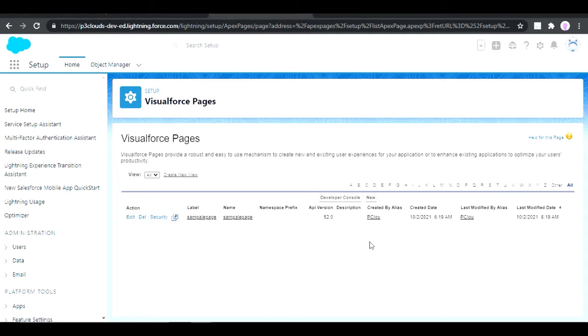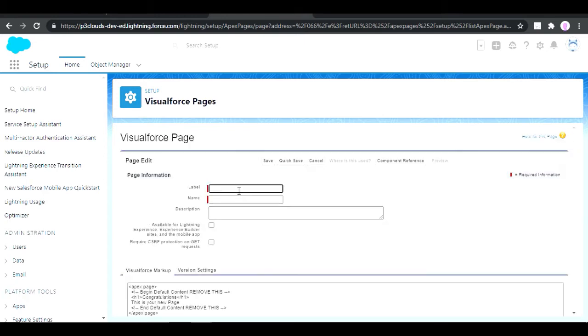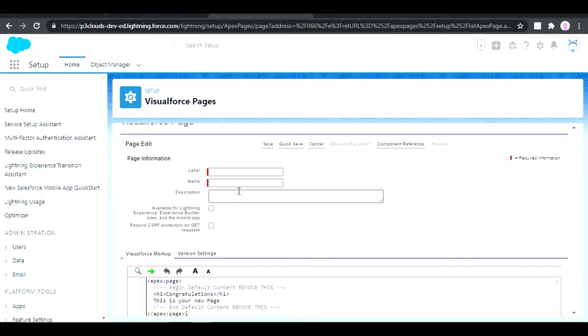To create a Visualforce page, you can navigate to setup, and in setup you can go to Visualforce pages, and here I'll create new. Okay, so in new I'll name the Visualforce page something like LMS send message.